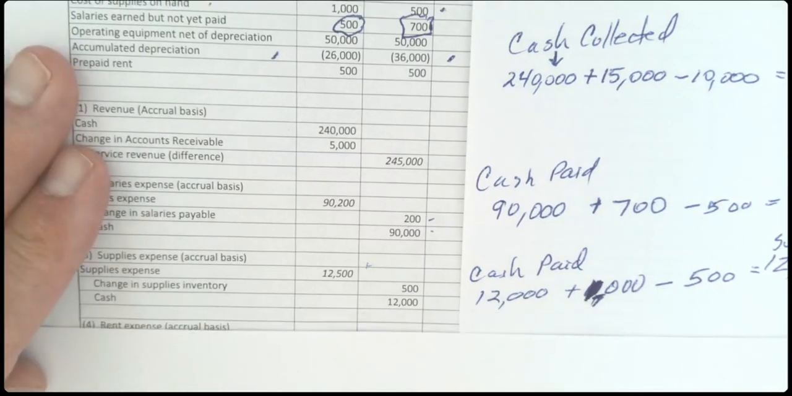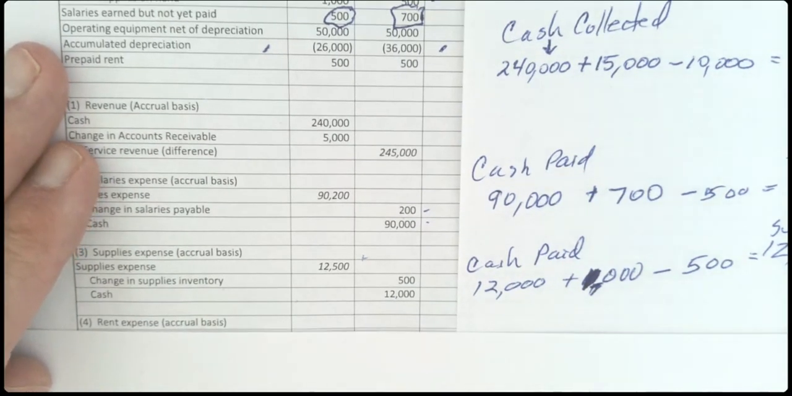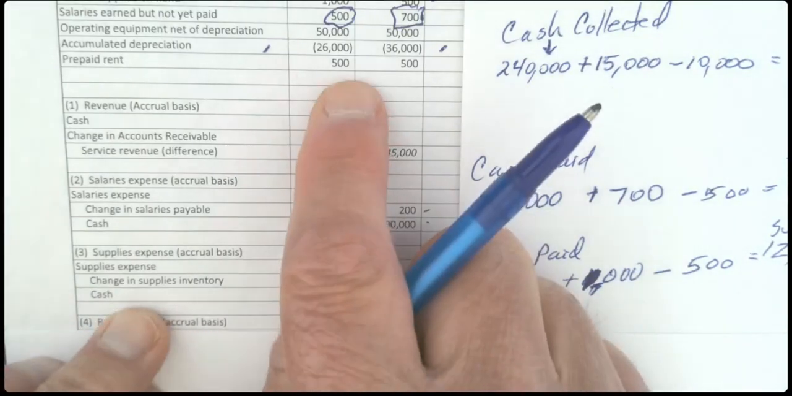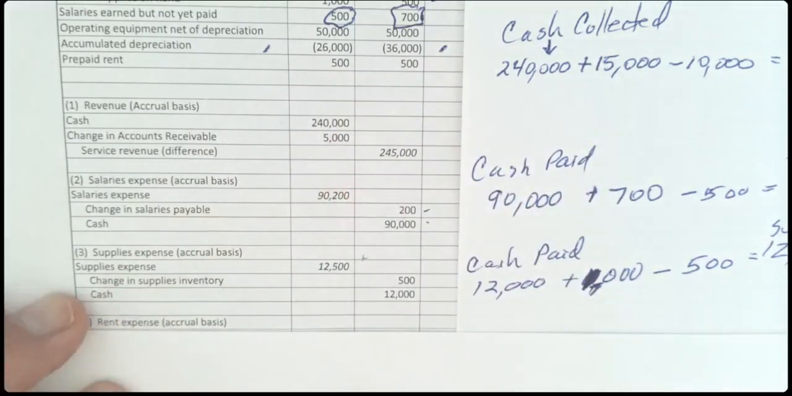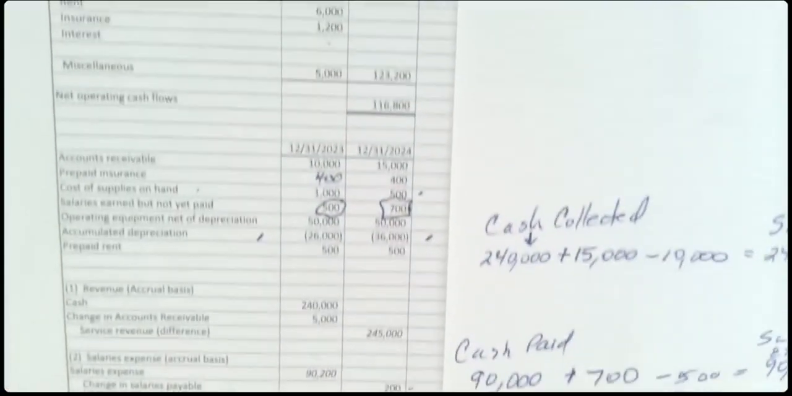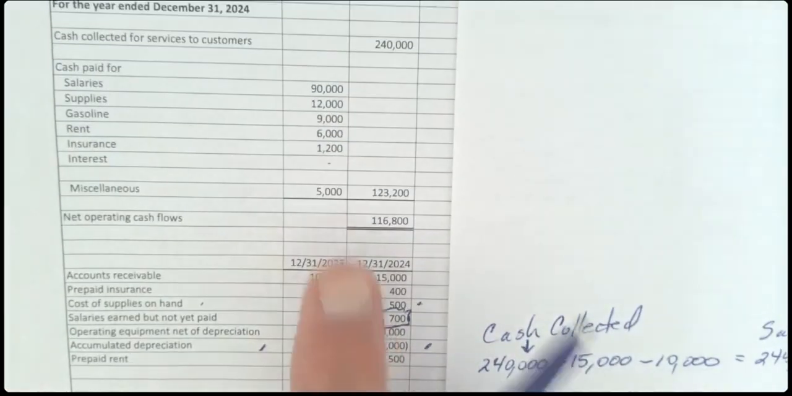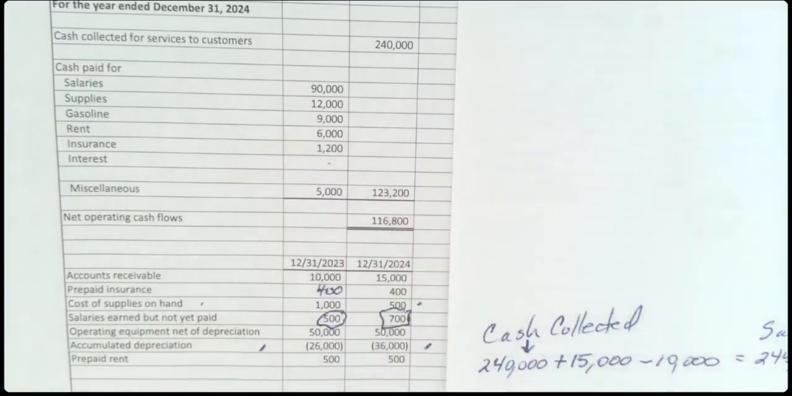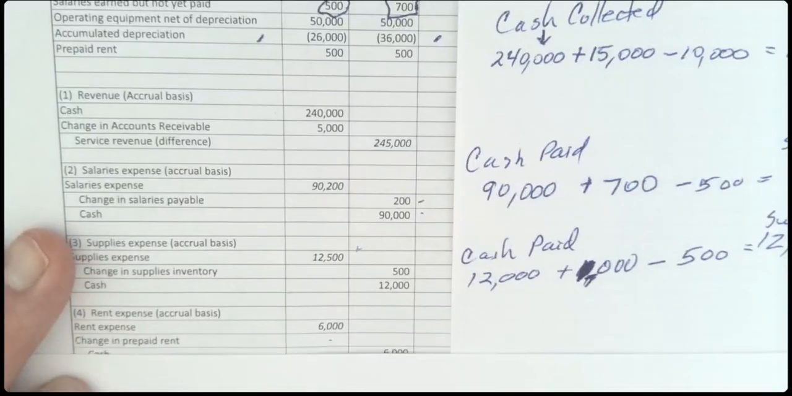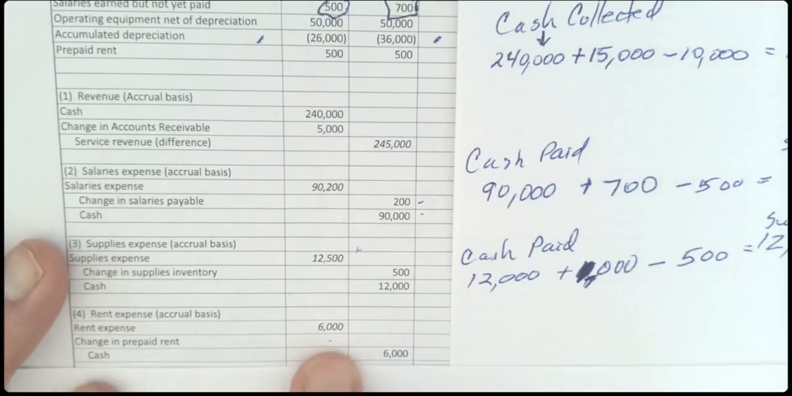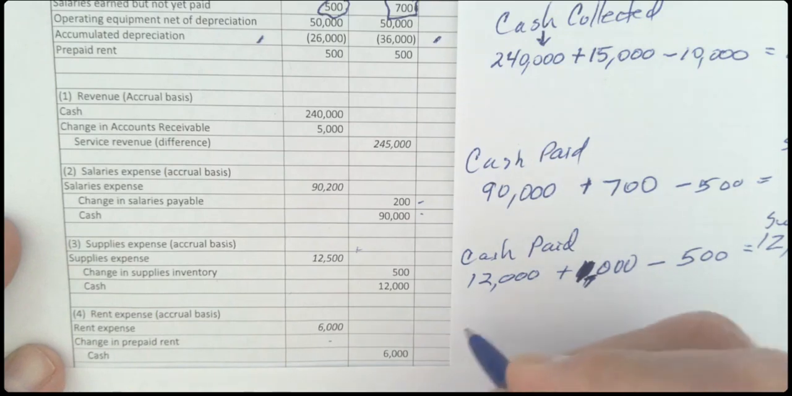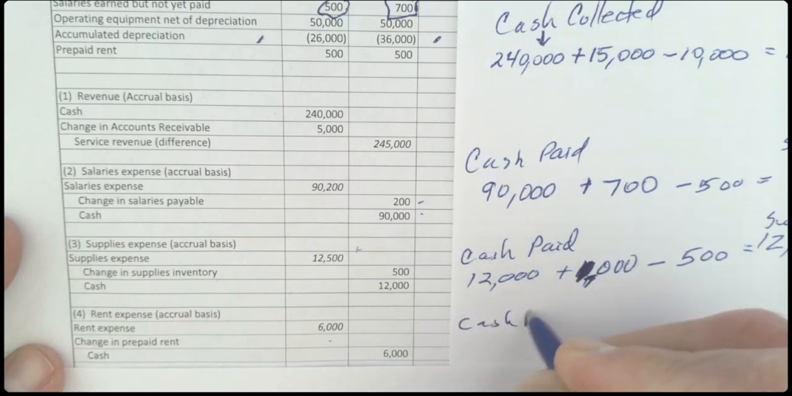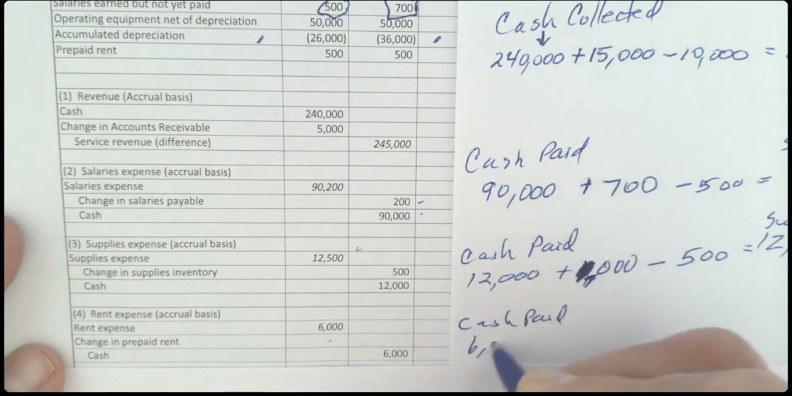Next item is rent expense. Prepaid rent began the year at 500 and ended the year at 500, so there's no change in the prepaid rent. We paid 6,000, so we have a cash credit, no change in prepaid rent, and therefore rent expense is 6,000, just like the cash. Said differently, cash paid for rent is 6,000